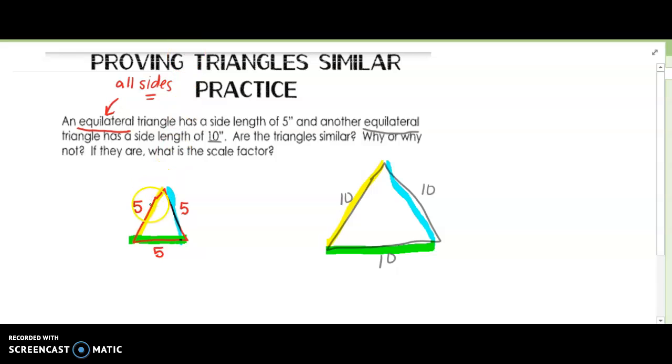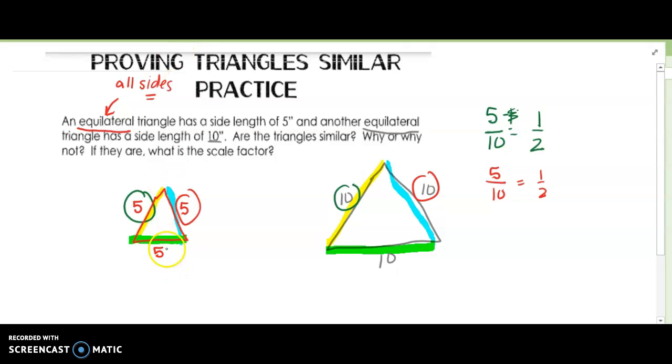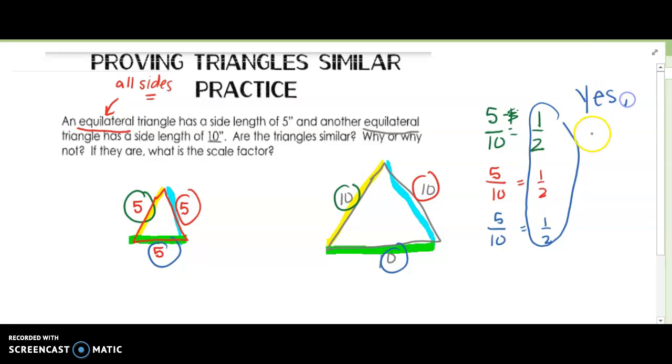If I set proportions, I can say 5 over 10 equals 1/2. Another 5 over 10 equals 1/2. And another 5 over 10 equals 1/2. Because all these are the same, I can say yes, these triangles are similar